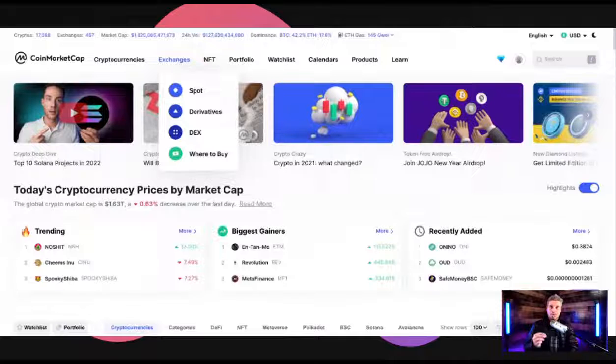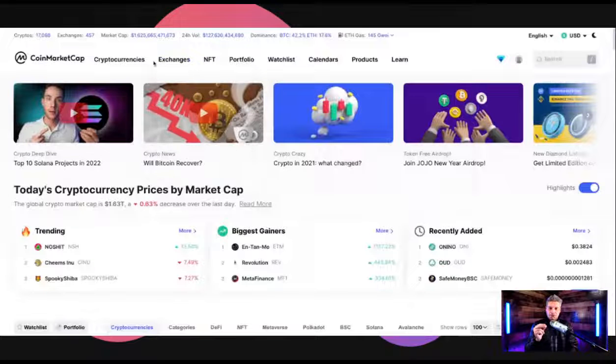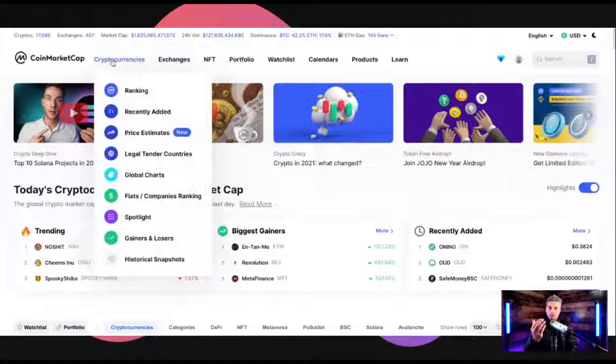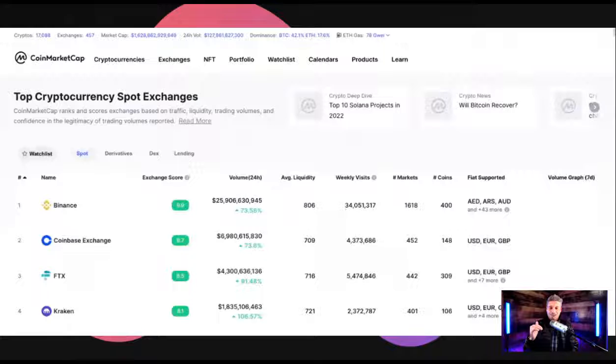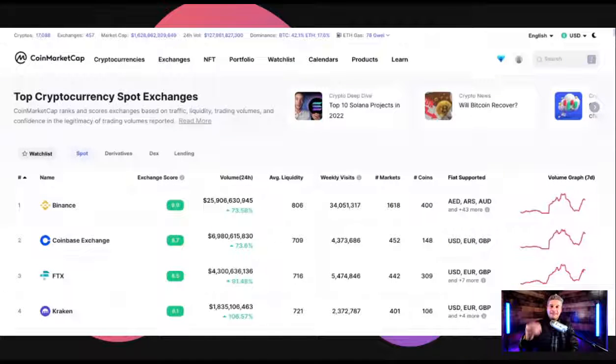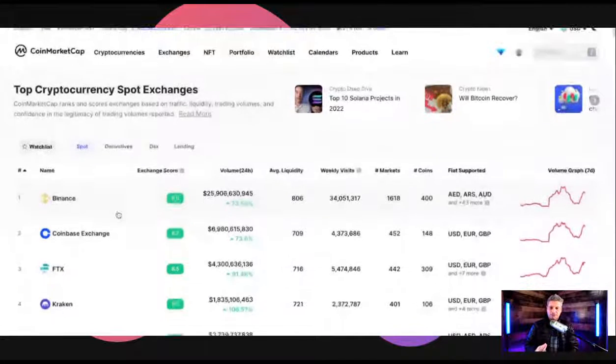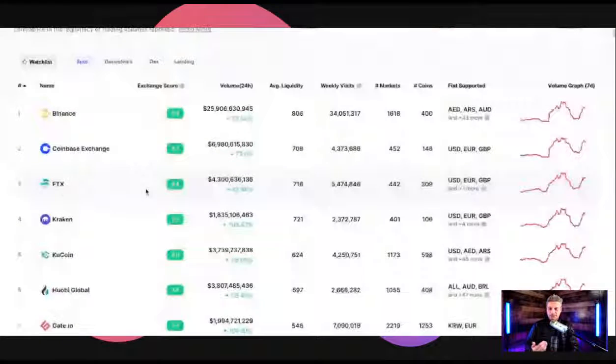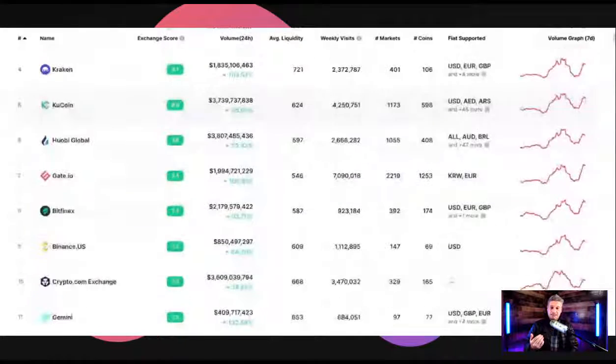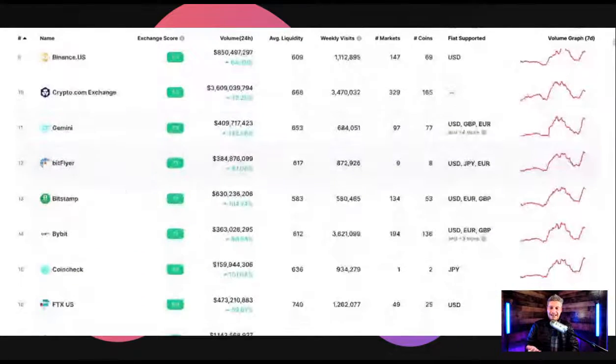Exchanges, let me explain this to you because it's important, trying to find my words the best way possible. Cryptocurrencies tab is all the blockchain companies and cryptocurrencies, all the tokens that are listed. Over one are the exchanges. So now we have a whole different list. When you click here, you're going to see all the top exchanges that these companies and tokens are being traded on. And these sort by default from 1 all the way down. Binance being number 1, Coinbase Exchange number 2, FTX number 3. And you can get a good idea of where most of the trading action is happening.